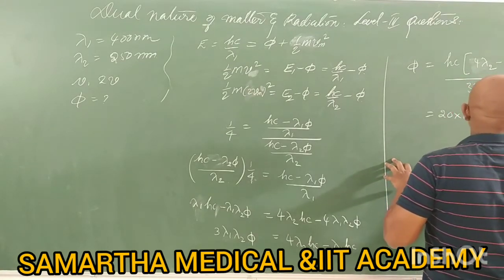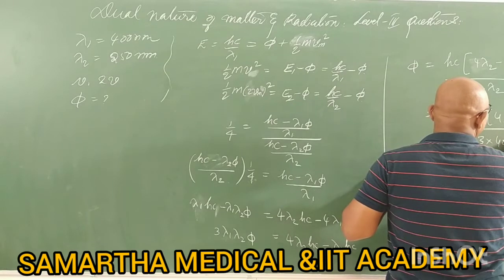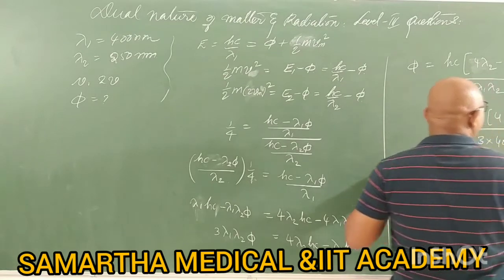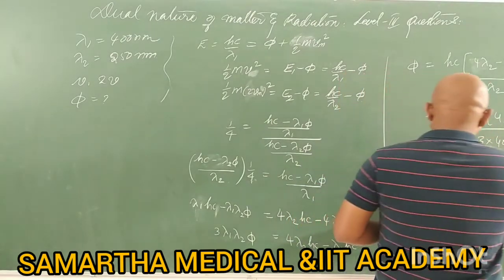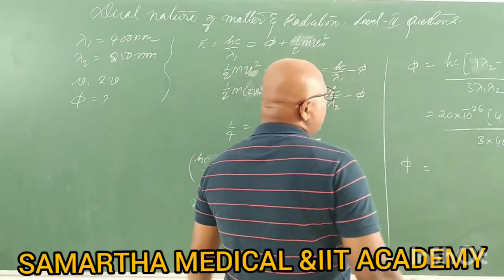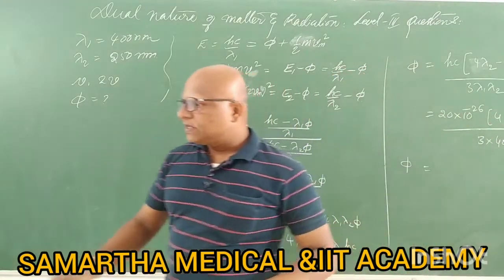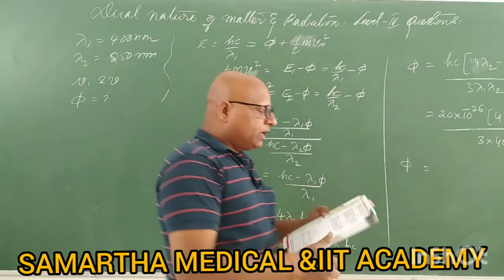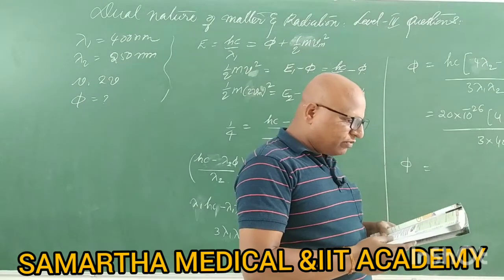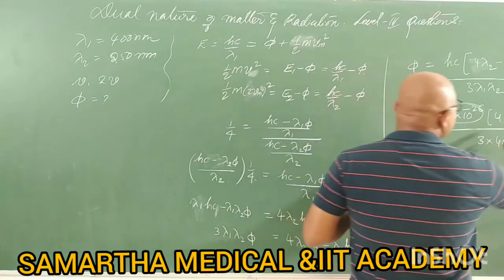we will write outside the bracket, divided by 3 lambda 1 lambda 2, means 400 into 250 into 10 to the power of minus 9 into minus 9, 10 to the power of minus 18, and here you will get the final answer. Okay, if you solve this whole thing, this will be coming in terms of joule. Let's check whether the answer is required to be in joule or eV. Okay, now they are asking the answer to be in the form of Hc.